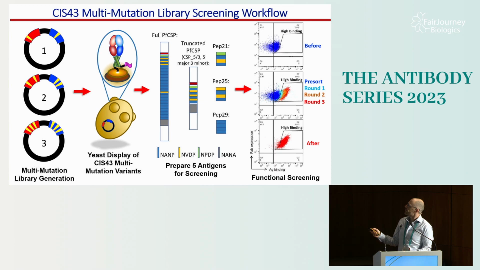So just a quick note about this particular target. It's a very tricky target because the circumsporozoite protein that covers that sporozoite has a lot of repeats, and it has no known structure. It's got a lot of disorder. And so in blue, these are all of these different NANP peptide repeats. And this particular antibody recognizes this peptide shown in green, sometimes called the junctional epitope, NPDP. And so it's a very similar structure,